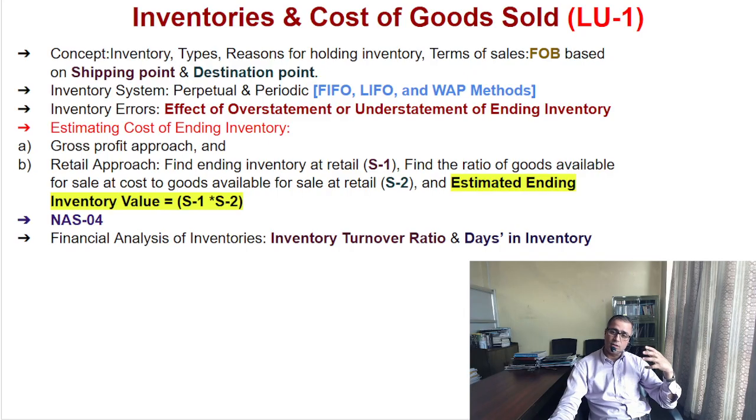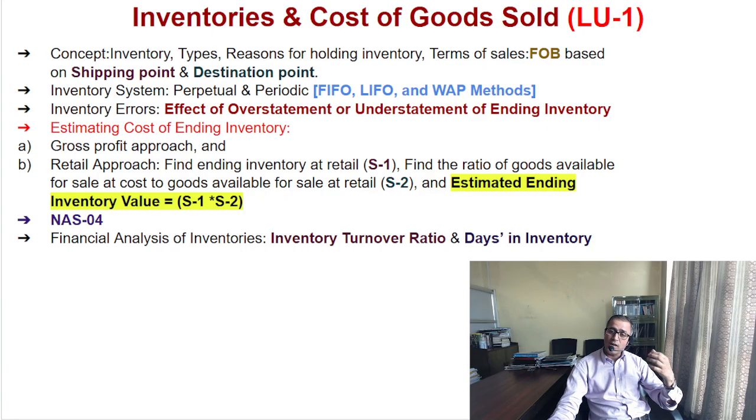Now what about the inventory system? Our inventory system भनिसकेपछि you can say that is the perpetual inventory system and the periodic one. Under perpetual, we basically update our inventory on continuous basis, right? For which we prepare the stock ledger, and actually your company has a big investment to maintain the inventory system here, right? So you have to prepare the stock ledger, which details about your purchasing, sales, and the balancing part, right? Then what about the FIFO, LIFO and weighted average methods you can follow as per the given